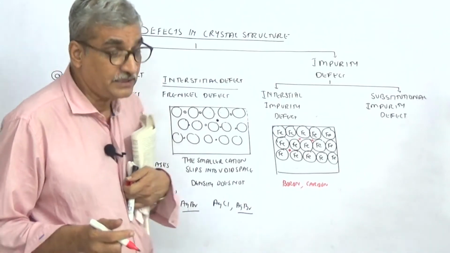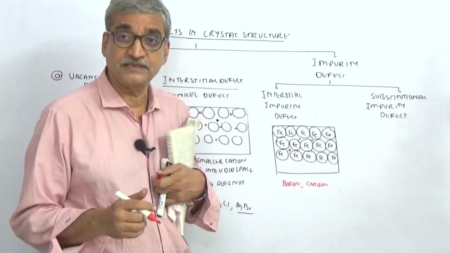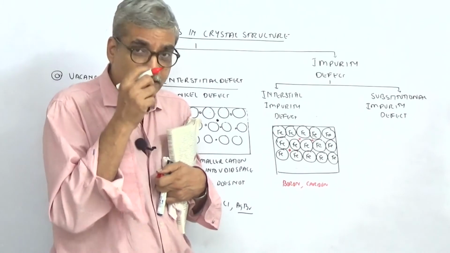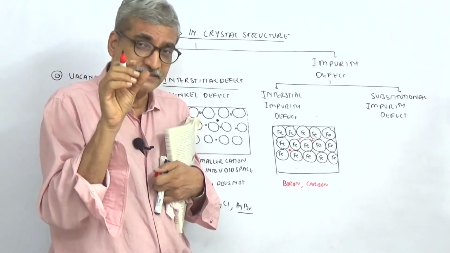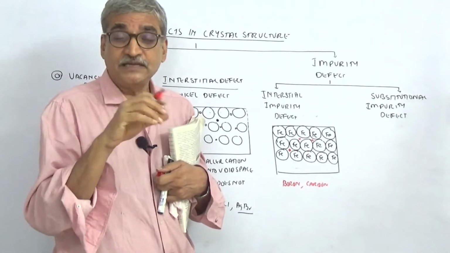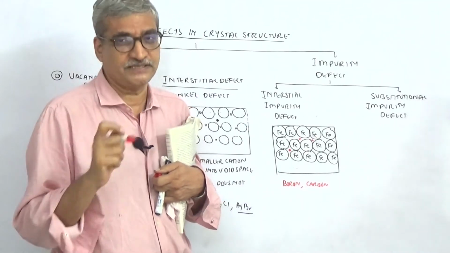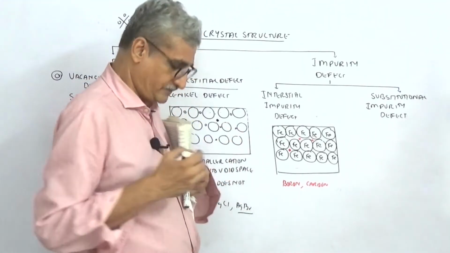Now we use titanium steel, we use zirconium steel. It is clear. So these kind of steels are used because when they get packed, their property changes, their malleability, ductility, toughness changes. So interstitial defect.